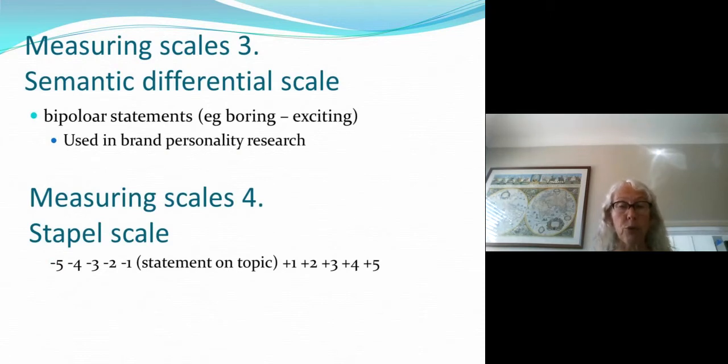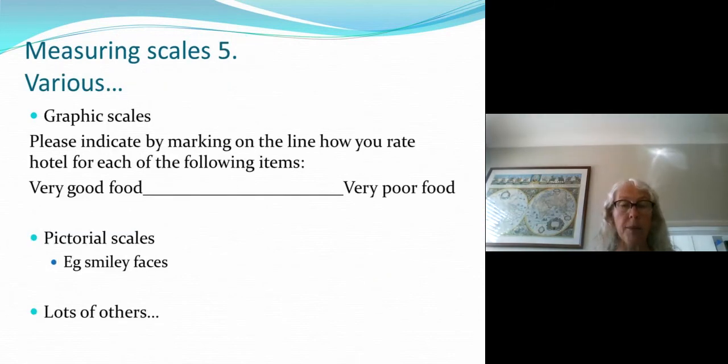Some of them can be more relevant to particular studies, like the bipolar statements can be particularly useful in certain kinds of marketing research related work. And then under 5 here, I've just mentioned various other things that people use. So for instance, you can use what are called graphic scales. Graphic scales are where, rather than having